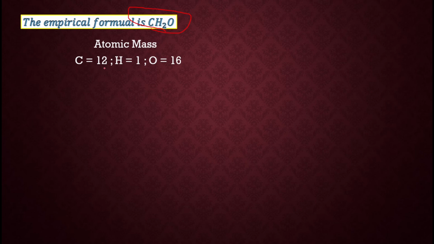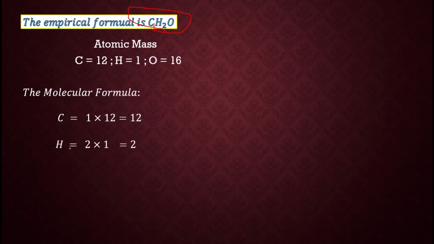Atomic mass again: carbon 12, hydrogen 1, oxygen 16. So for the molecular formula, carbon is 1 atom, so 1 times 12 is 12, then H 2 times 1 is 2, then oxygen 1 times 16 is 16. So therefore the total